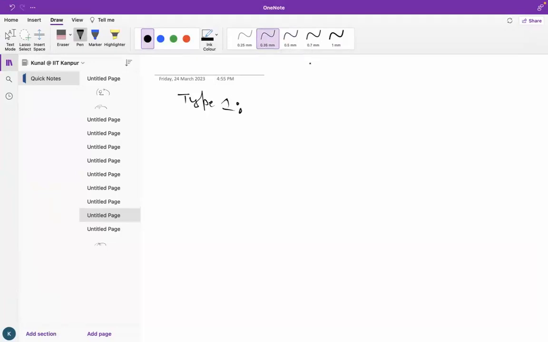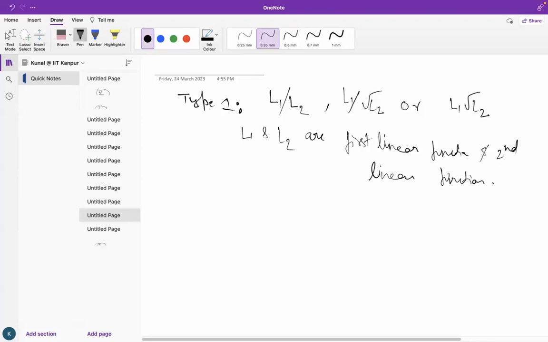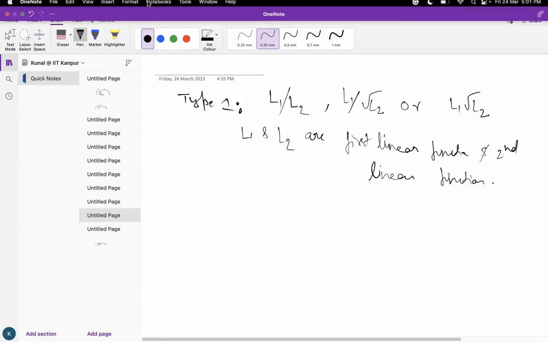Our type one will be a linear function by linear function, like linear one by root under linear two, or linear one into linear two, where L1 and L2 are the first linear function and second linear function. What I suggested yesterday is that whenever you see an integrand of this type, with a linear function in the numerator and a linear function in the denominator, what we have to do is